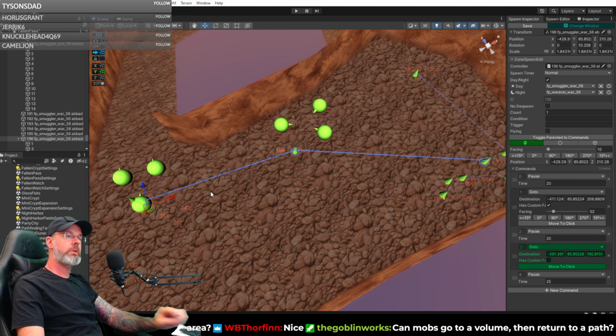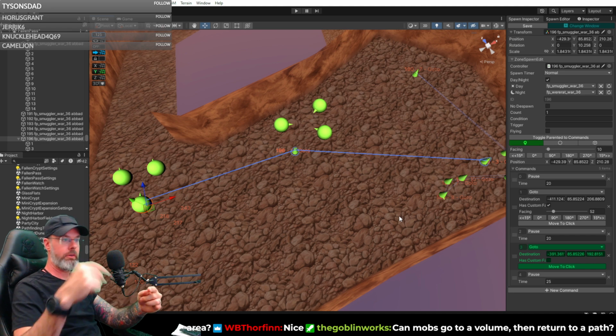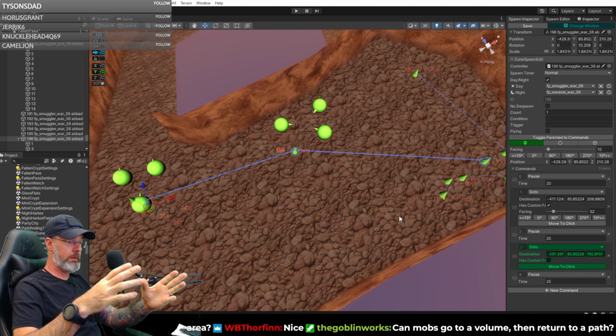Can mobs go to a volume then return to a path? I've tried that because I was going to do something with some beetle camps that I put into the boneyard, and then I realized that I think we need a bit of functionality, and I don't know if I wrote that up or not. We've got wander in volume, and whenever he pauses, it has the ability to then fire a new command, which essentially the way I would set that up is